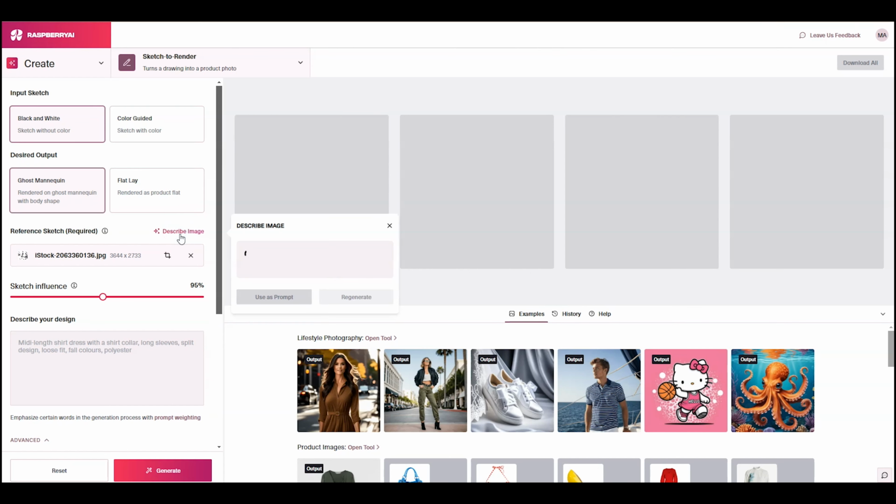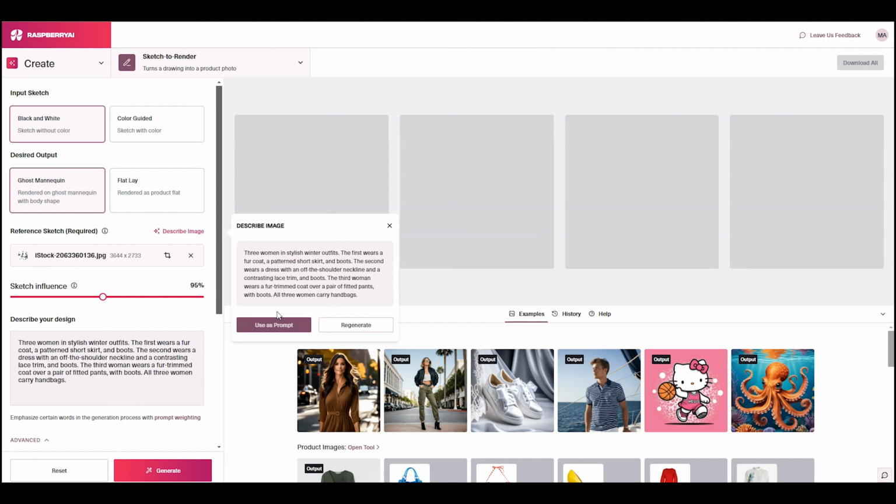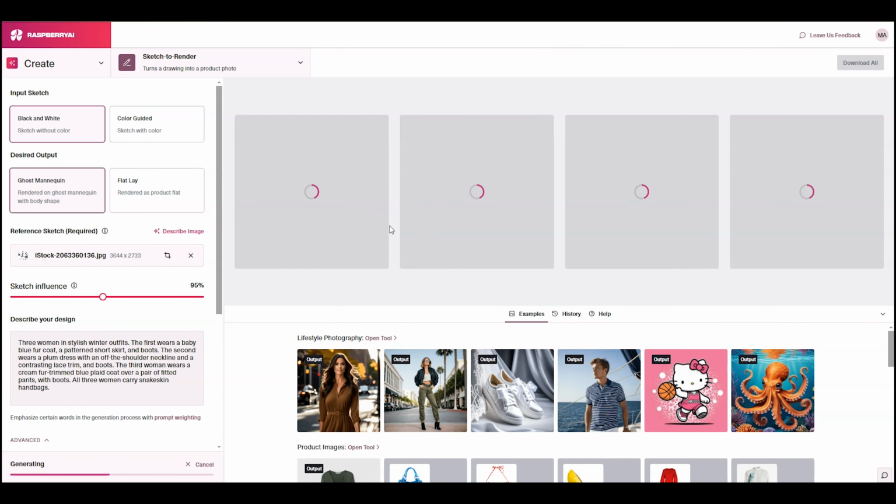Use Describe Image to get your prompt started, then add colors and fabrications to the prompt. Raspberry will transform not only the clothing, but the croquis to stylized, full color 3D images that you can use